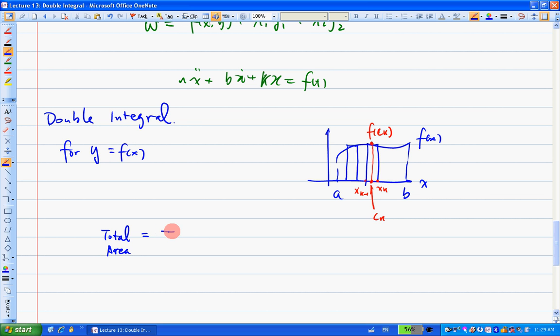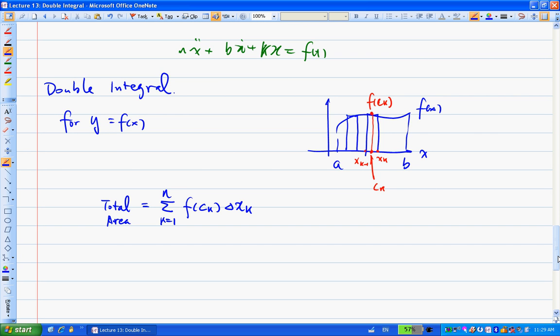So basically the total area will be the summation of many rectangle areas. One of them is this, the k-th rectangle. So suppose you have n rectangles, so k starts from 1 up to n. So that's the approximation here. Approximation meaning it's not accurate. However, if you let n go to infinity, you have an infinite number of rectangles inside this area,